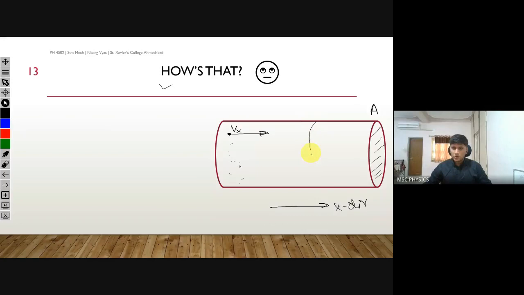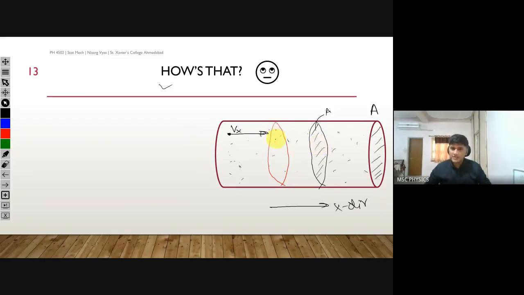If I want to know how many particles are crossing this cross-sectional area, which is also A, and there are all the particles till here inside this box, so there are many particles inside the cylinder. What I want to know is how many particles will cross this cross-sectional area per unit time. Sorry for my drawing, all are actually circles. If you see the cylinder from the front side, it looks like this. I'm trying to plot it in 3 dimensions.